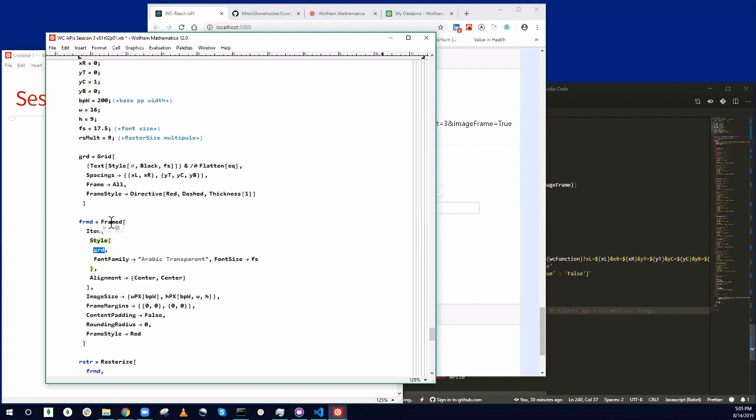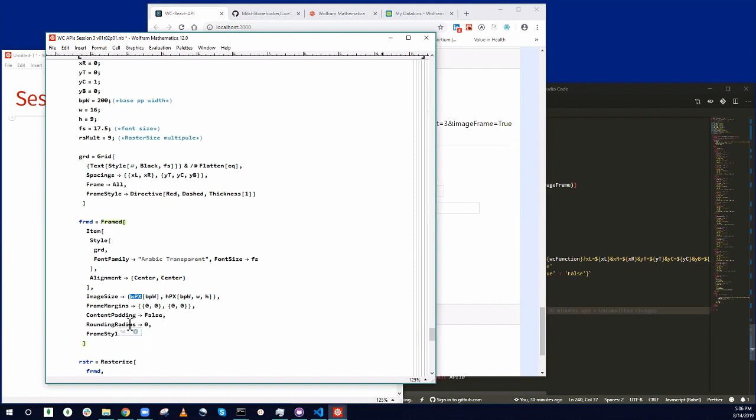The reason we do this is because in frame we have an option called image size. Image size is not an option of grid, so we can't use it in grid. So we have to wrap our grid with frame so that we can use image size. And in our image size, we're going to use, remember, our custom functions that we created prior,